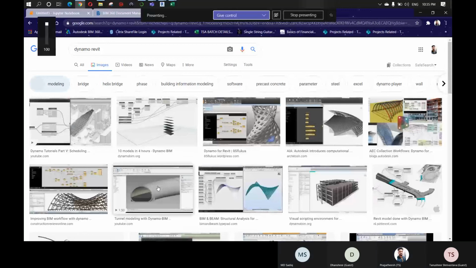Okay, so in India, not every company has adapted to BIM. The reason is they don't have the proper knowledge of BIM, or maybe the client doesn't know what BIM is. So those are the reasons why BIM wasn't implemented in each and every project. But in future, India will mandate BIM for all projects. As of now, BIM is necessary for all the government projects like metro stations, airports, hospitals, data centers, etc. It's not mandatory, but it will become so in future.